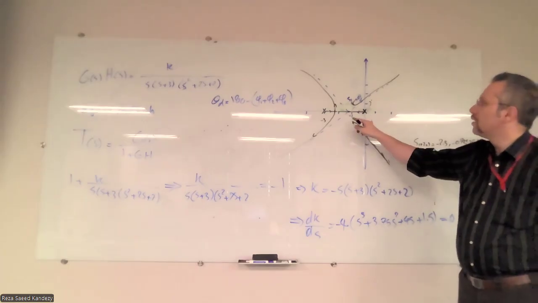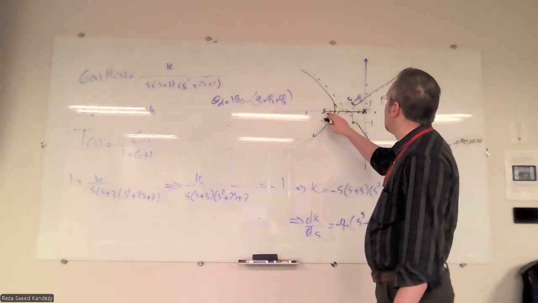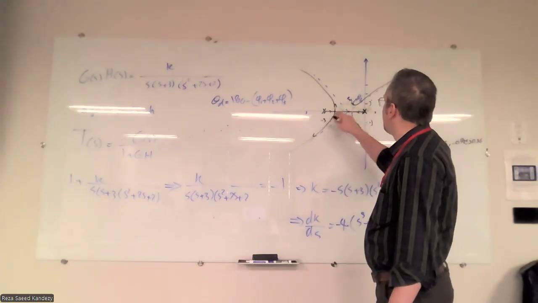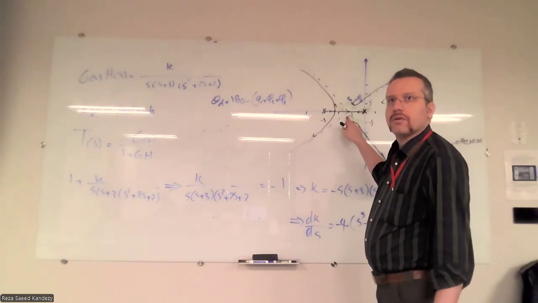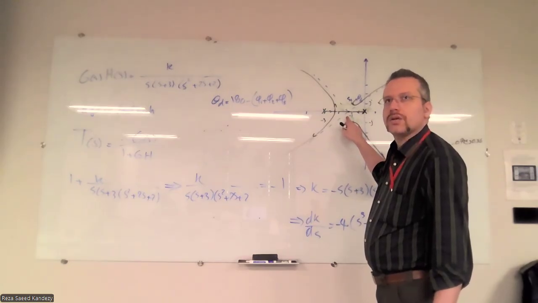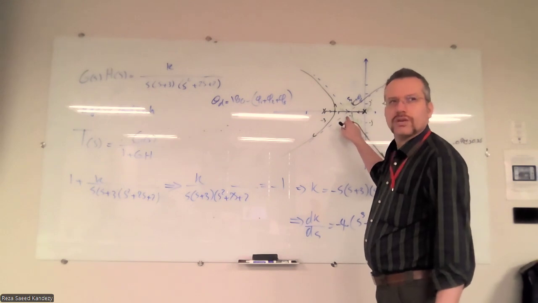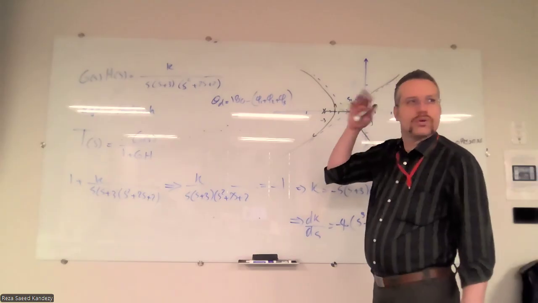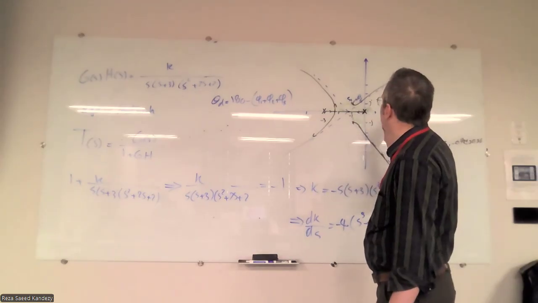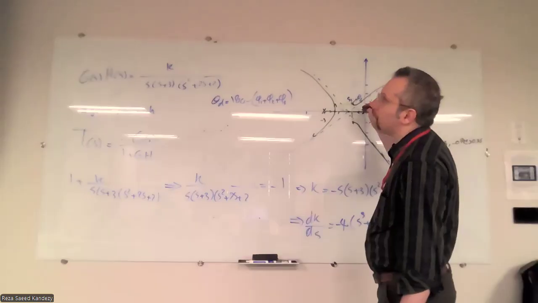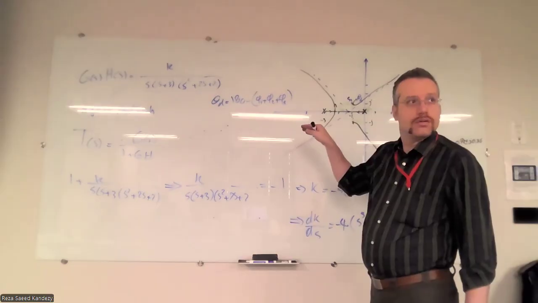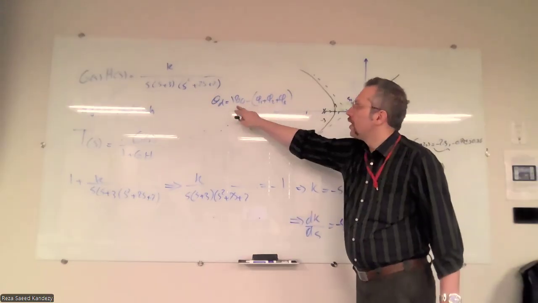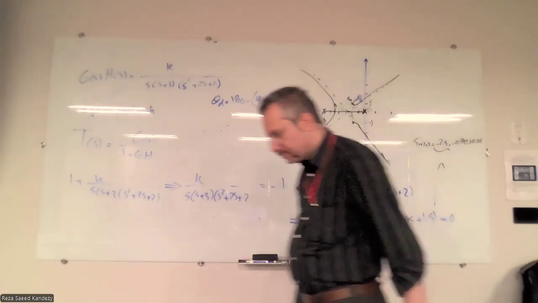This is 90, and this is 1/2, the tangent inverse of 0.5, which I think is going to be 60 degrees? No, 30 degrees. 30 degrees, I'm not sure. So we have 45, 30, and 90. Okay, and then 180 minus that is going to be